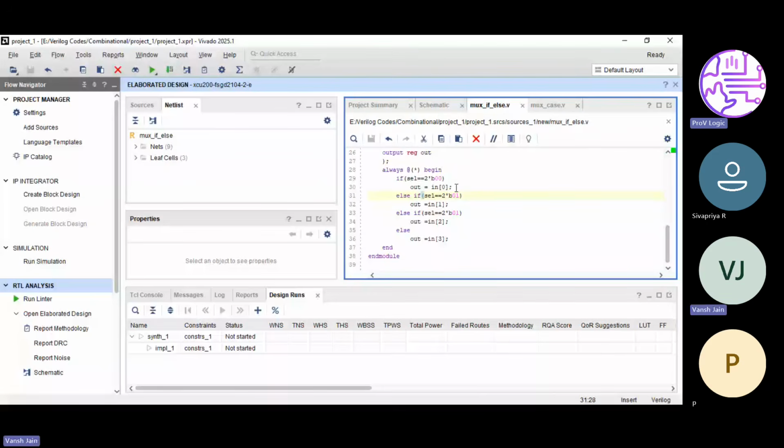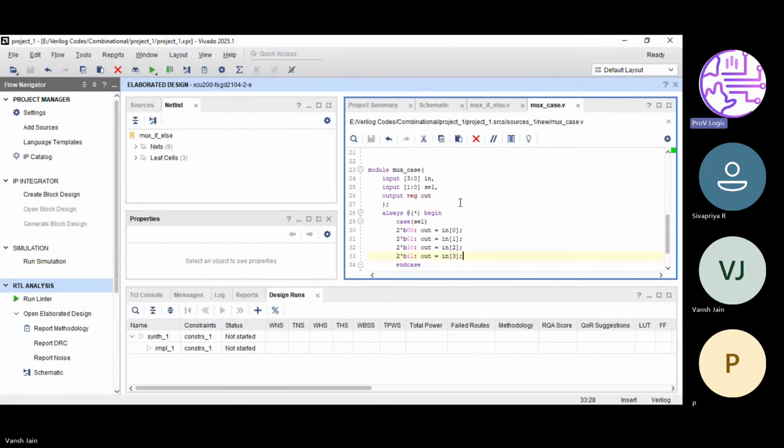Again, if the else if condition passes it will do that, otherwise again the next else if. So it's again one more mux. For the second else if and else part, also one more mux. It's checking every condition, so that is why it forms a series of muxes. Whereas in the case statement, based on your select line input, it will directly choose any one of the inputs as its output. So that's why it is forming like that. That's the difference between mux and priority logic.